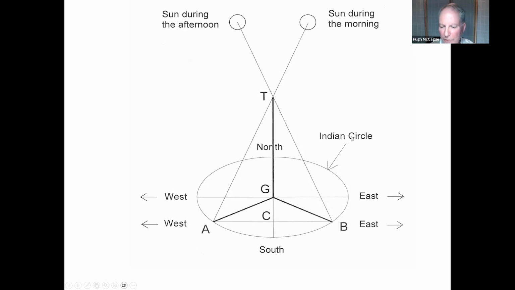Now, depending on the time of year and where you are, sometimes this point C, where the shadow is shortest, may be coincident with G, may be on the south side or beyond, or may be on the north side. Either way, it will work for you, and for whatever size circle you've done. This vertical axis ties in with the spine in our body, like the emperor's body, as a microcosm of the macrocosm. The heavens above us are the macrocosm, the temple of the cosmos.